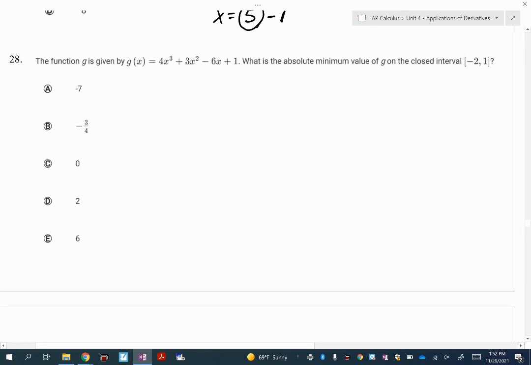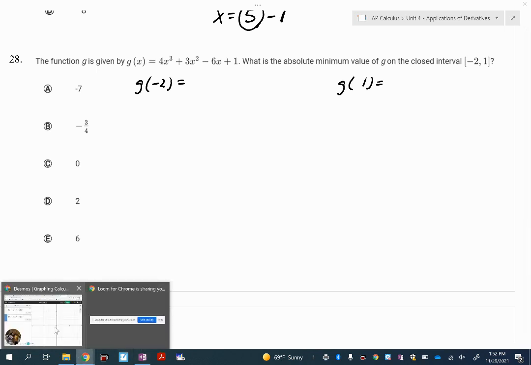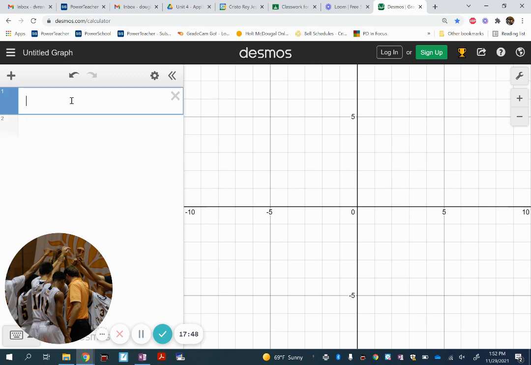Same process. We're going to do the same thing. I'm going to plug in my endpoints. Then I'm going to find the derivative to find the critical points and see if any of those are on my interval. So let's plug in these two endpoints to this function using Desmos. So 4x cubed plus 3x squared minus 6x plus 1. So delete these. So 4 times, is it negative 2? Yes. Negative 2 cubed